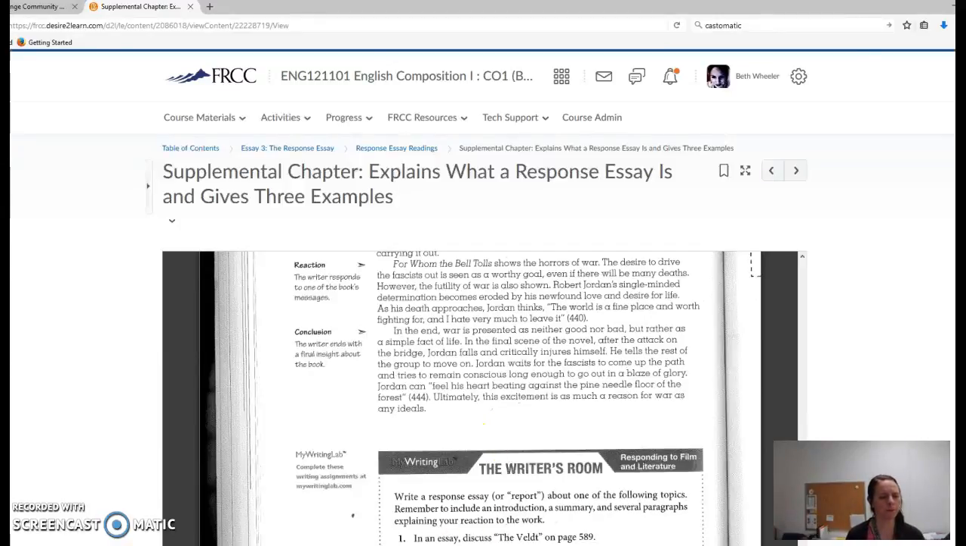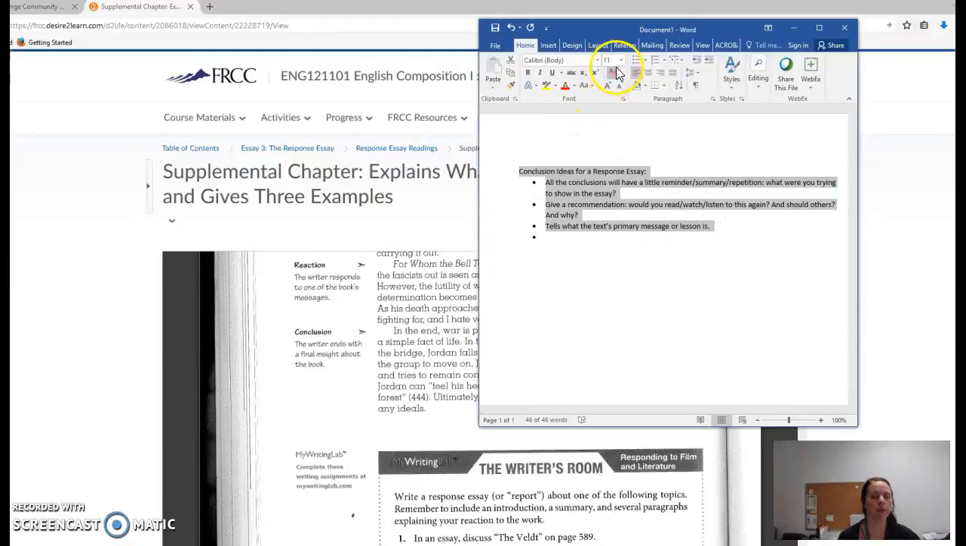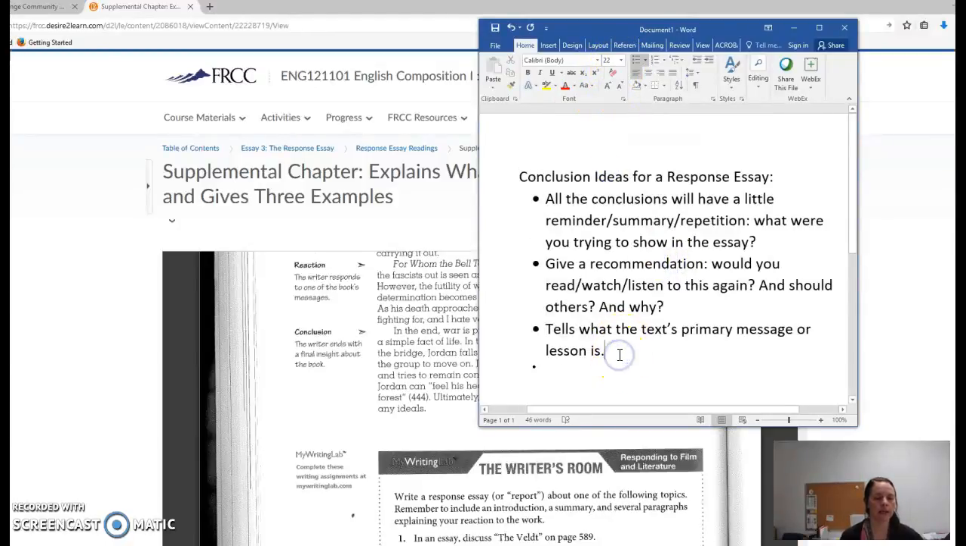All right, so this conclusion tells what the text's primary message or lesson is. And I would say that you could only use this example conclusion if you thought that you were doing an interpretive response. Remember last night in class I was talking to you about being able to merge the